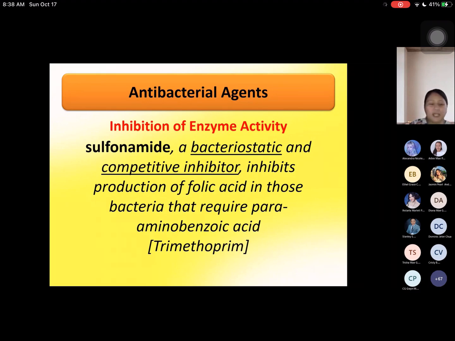growth of microorganisms by competing with the enzyme required to produce the essential metabolite. When you say essential metabolite, this is any substance required for metabolism. Okay, so this is the work of sulfonamide. Okay, so in the representation here,